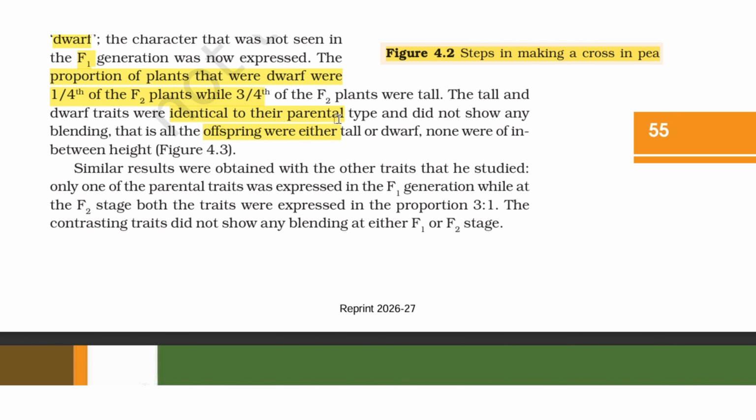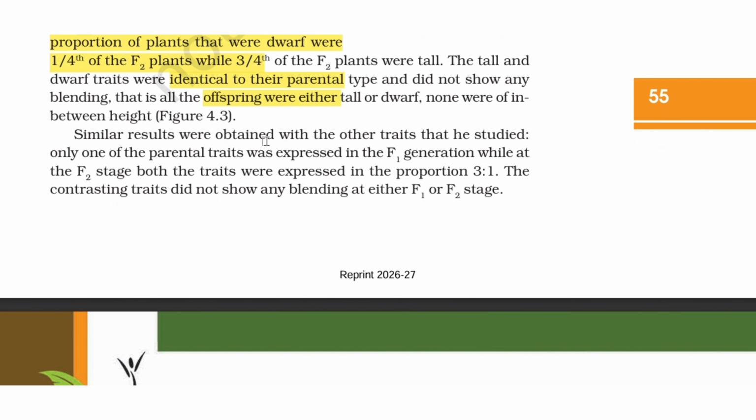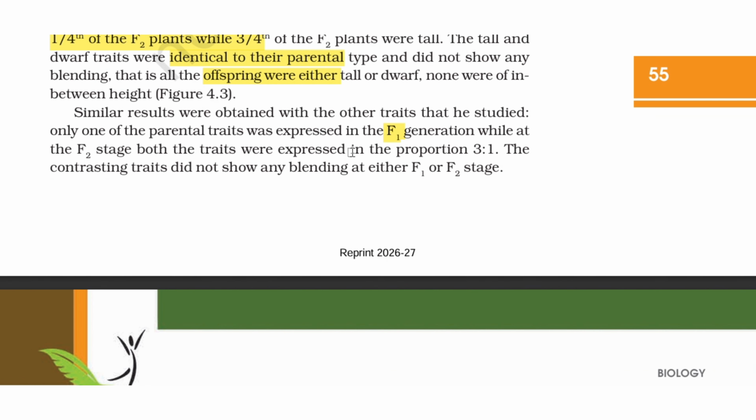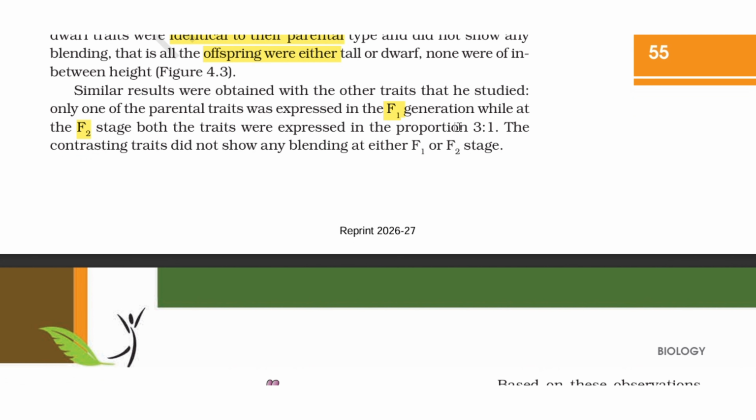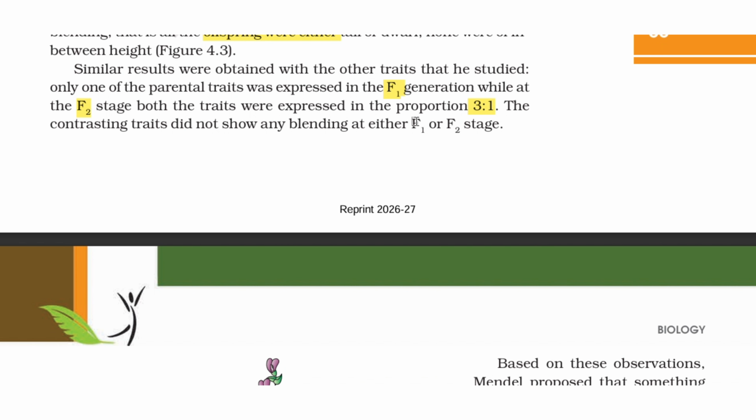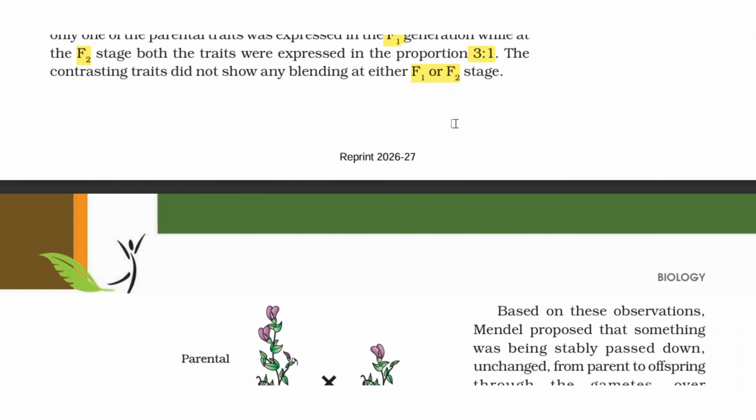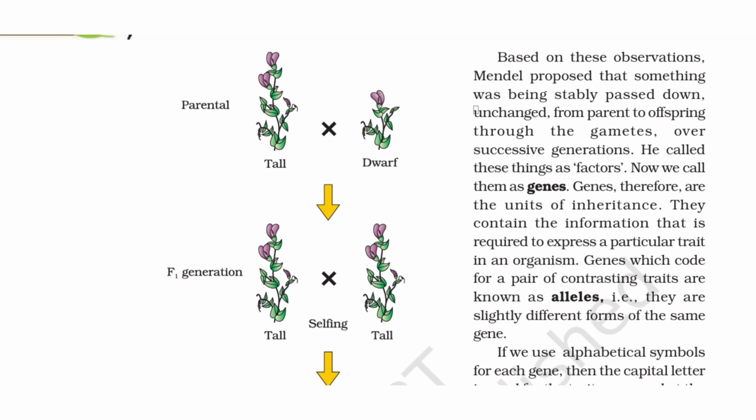Similar results were obtained with the other traits that he studied. Only one of the parental traits was expressed in the F1 generation, while at the F2 stage both the traits were expressed in the proportion 3:1. The contrasting traits did not show any blending at either F1 or F2 stage. Based on these observations, Mendel proposed that something was being stably passed down, unchanged, from parent to offspring through the